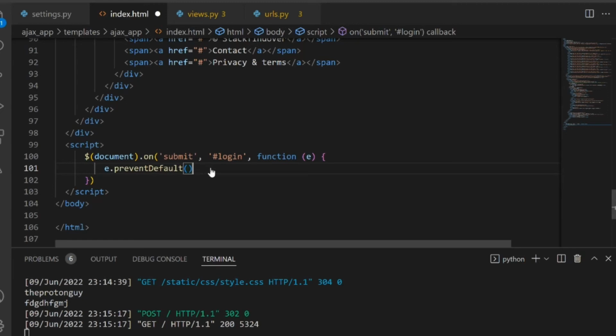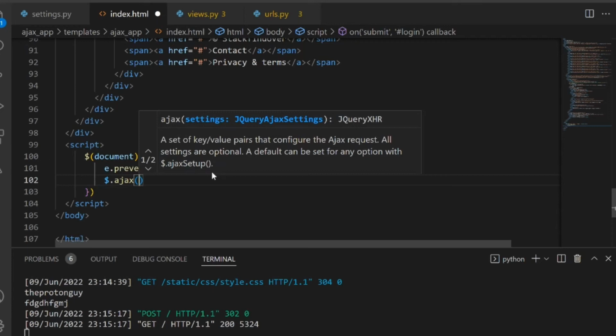So e.preventDefault prevents the page from reloading anytime the form is submitted. Now the next thing we need to do is put in a semicolon here and press enter. Now this is where we write the main code. So we're going to pass in our $ sign again and then type .ajax. Now after typing .ajax, create open parentheses, and inside the parentheses I want you to pass in curly brackets